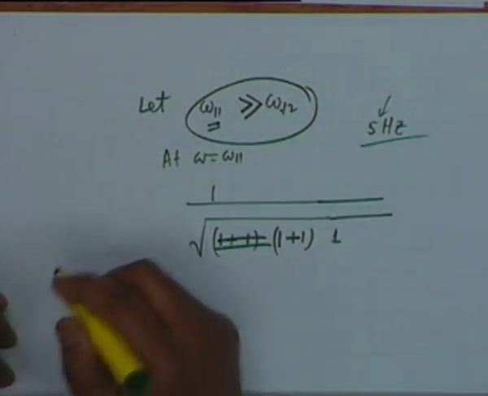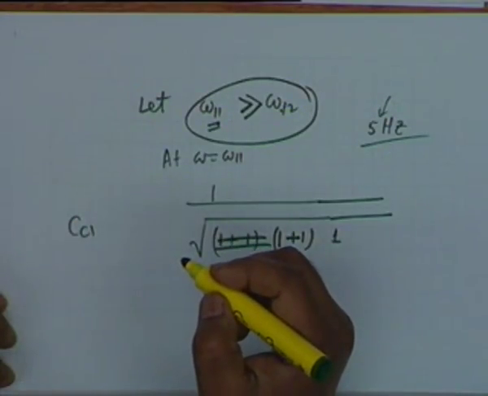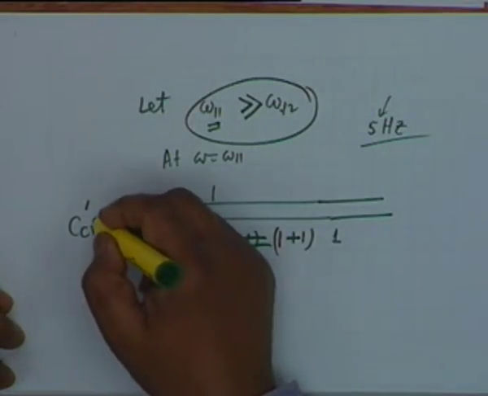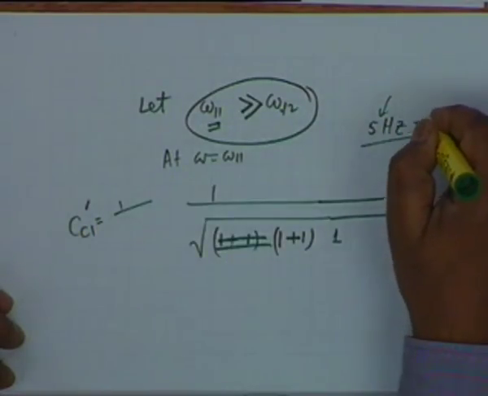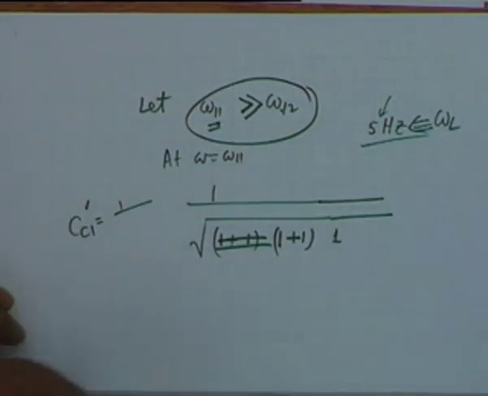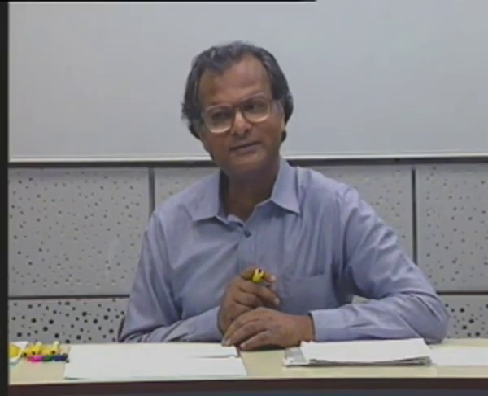Then what you do is you find CC1 prime, let us say, from whatever the specified omega L is. What is omega L if the low frequency cutoff is 5 hertz? What is the value of omega L? What? 5, sir? No, 10 pi. 10 pi, 2 pi times 5, you must not make a mistake.